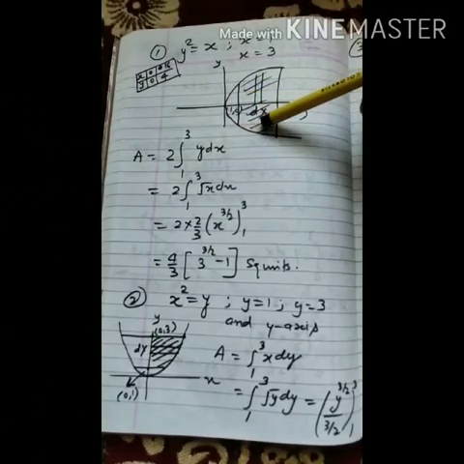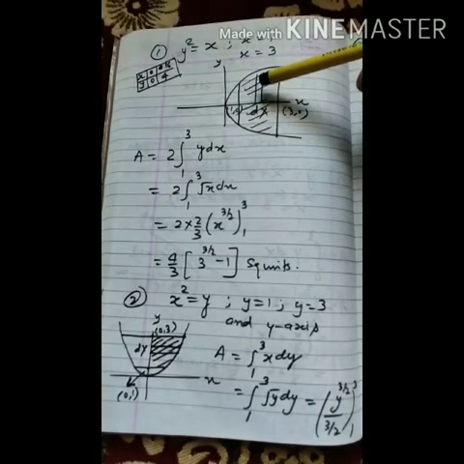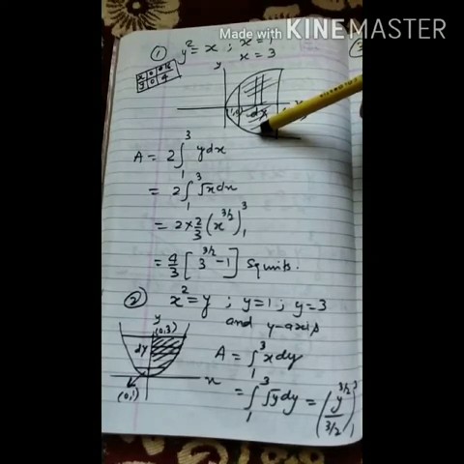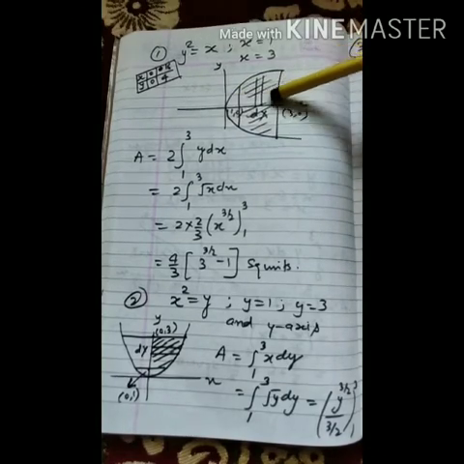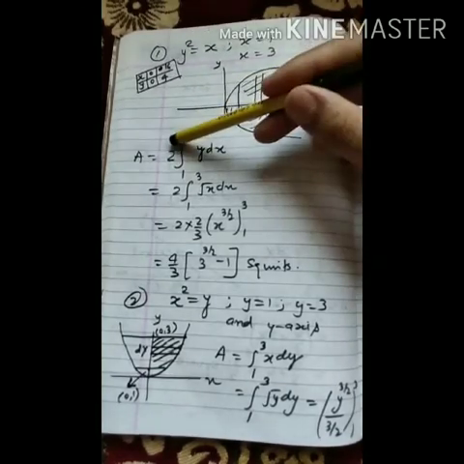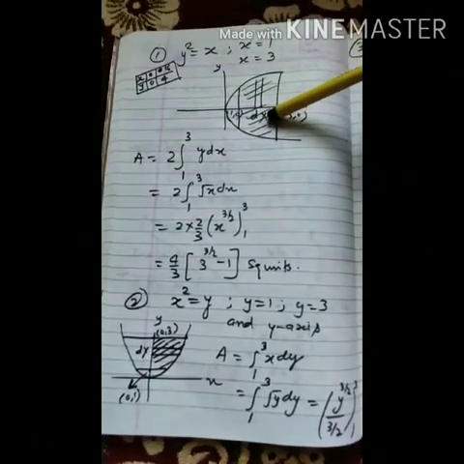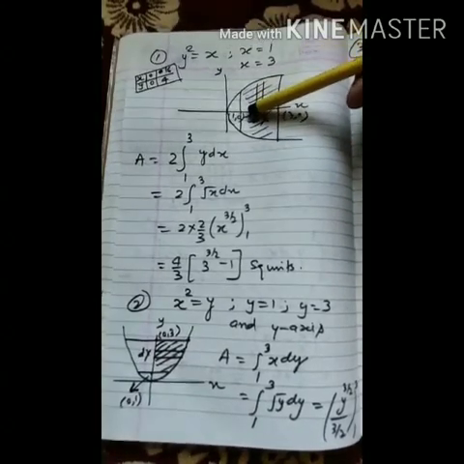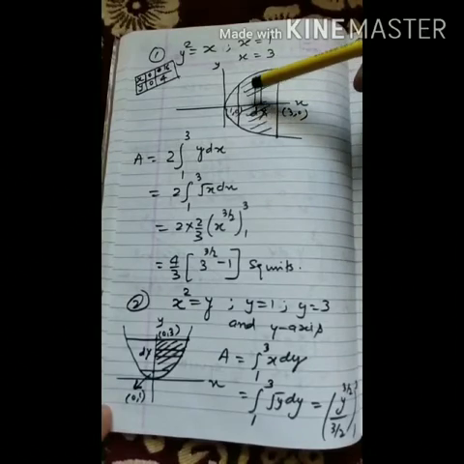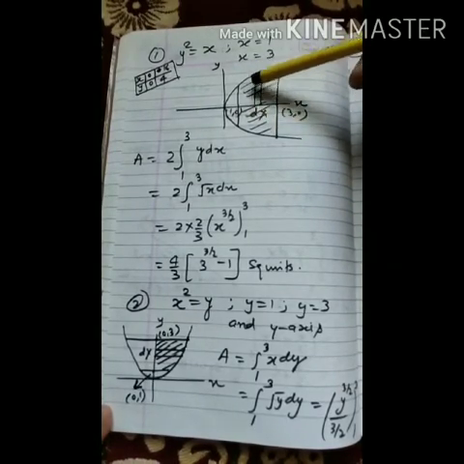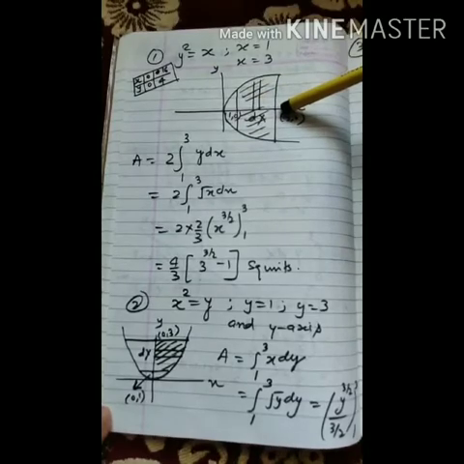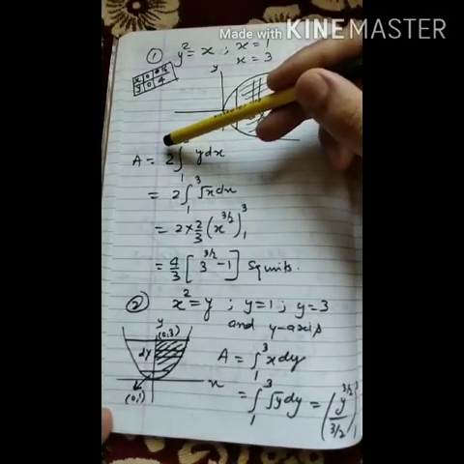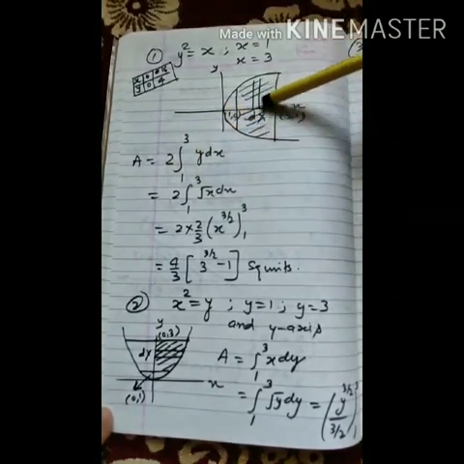So this area is symmetrical about x-axis. Okay, above x-axis and below x-axis area is same. So what we have to do in this, find the area above the x-axis and multiply this area by 2, and after this we will get the whole area. So insert a rectangular strip dx parallel to y-axis, right, and this strip covers the area under the curve from 1 to 3. Okay, so limit 1 to 3 y dx and put it twice in front of it. This includes the whole area.